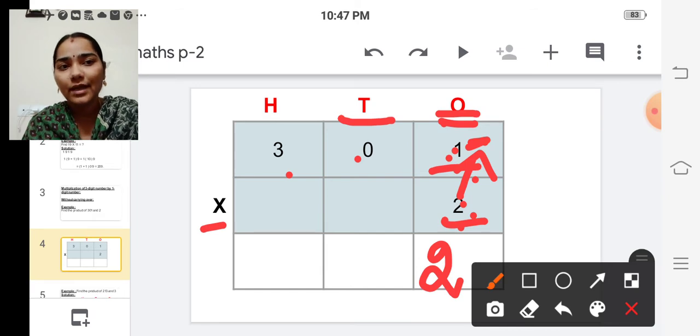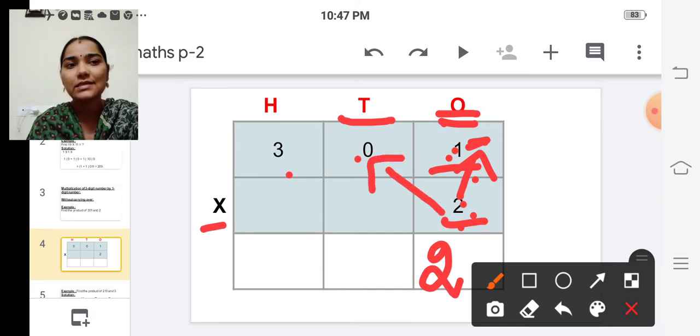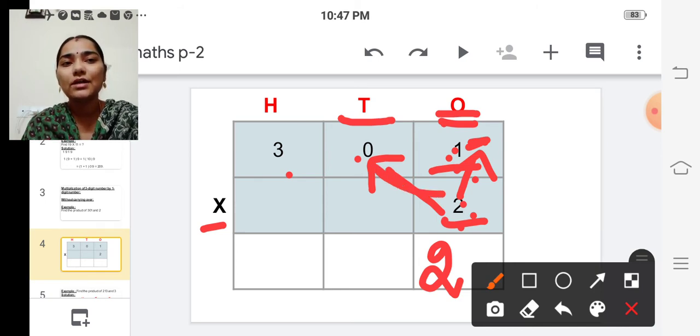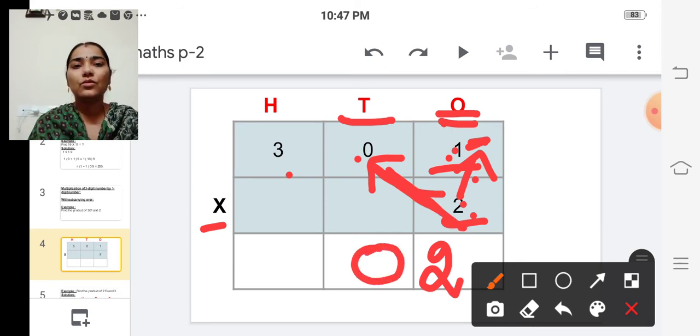And in the next step, you have to multiply the digit in the tens place by 2. What is the digit in the tens place? It is 0, isn't it? So 2 into 0, which is equal to, so in the last class we have learned the multiplication facts, isn't it? So just now we have recalled. Multiplying any number by 0 is always 0, isn't it? So 2 into 0 is 0. Okay. So let's move on to the next digit.